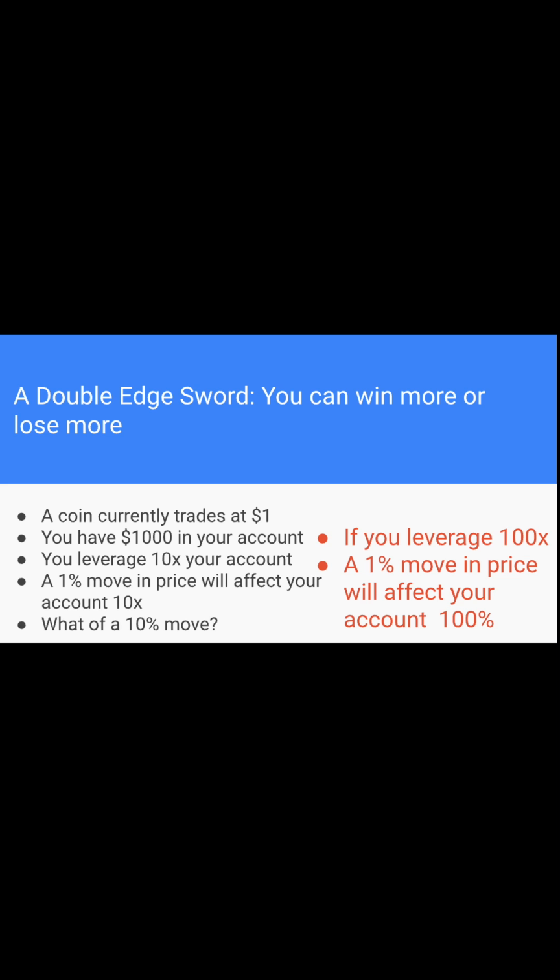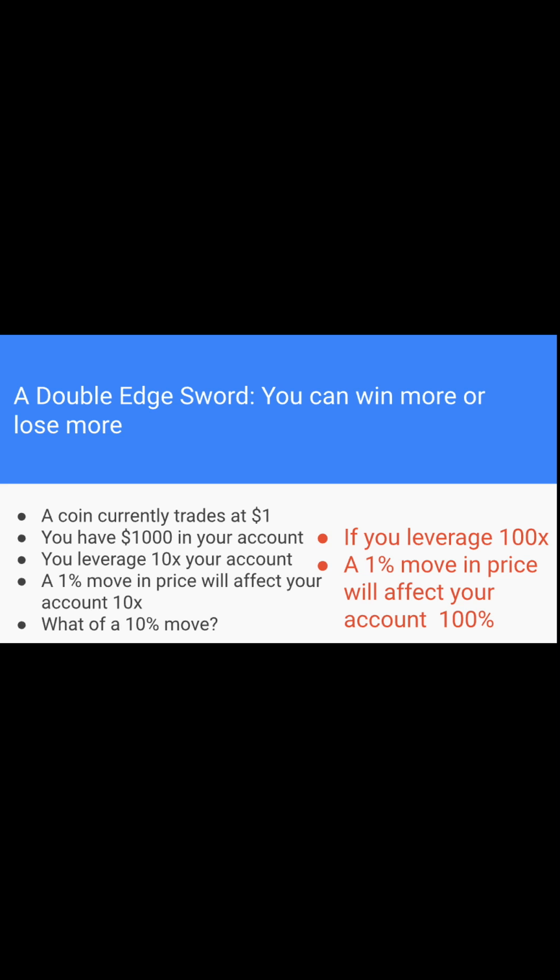So if you leverage 100x, a 1% move in price will affect your account 100%. If it just moves by 1%, it mustn't really be negative, it could be positive. If you choose 100x and the price moves in your favor, maybe let's say jumps up 1%, you are doubling your account immediately. Your account is growing twice. So that is the advantage. That's why I said it's a double-edged sword. It can favor you, it can not favor you, it can make you, it can mar you, depending on what you understand it to be.